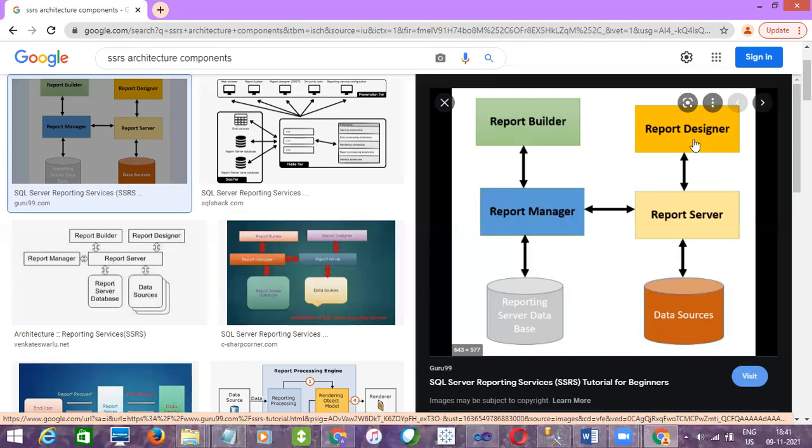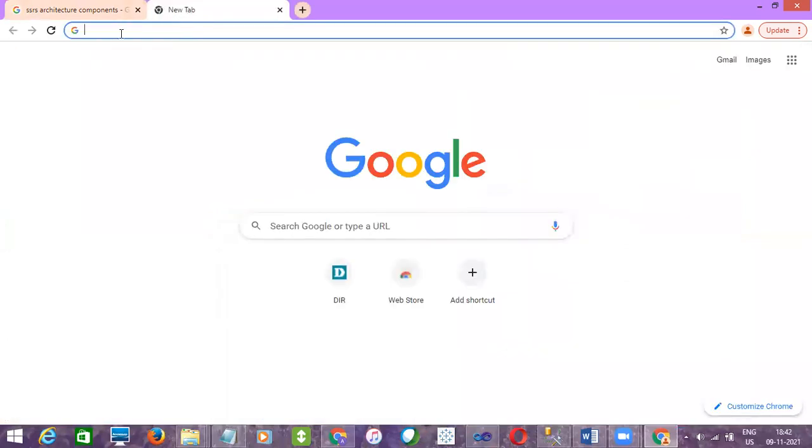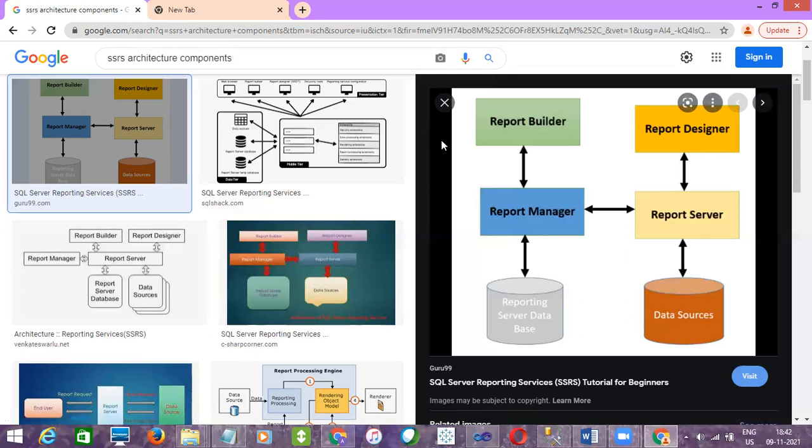So to get data into an SSRS report, we use data sources. A data source is nothing but a connection to the database, like we have connection managers in SSIS, right? The same way, a data source is nothing but a connection to the SQL Server data source. Not only SQL Server, but in our case it is SQL Server. And then once you create reports in the Visual Studio, you will just deploy or upload the reports to the report server. It is a web URL, right? Like an HTTP link will be there. You need to deploy those SSRS reports into the web URL, which is the report server, right?